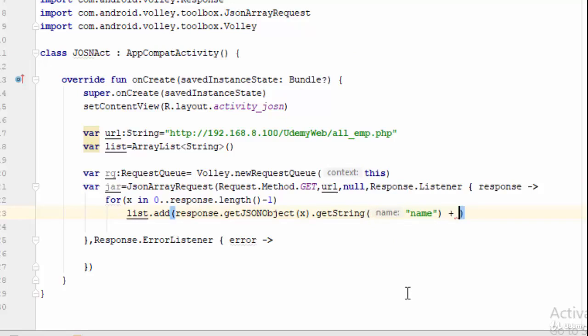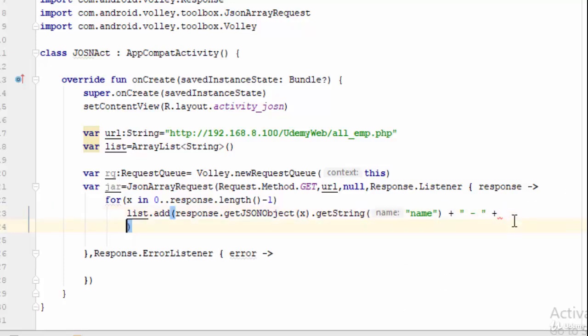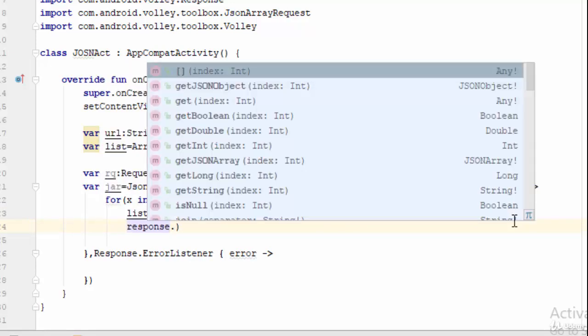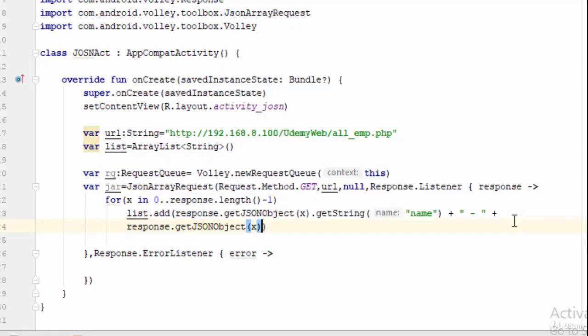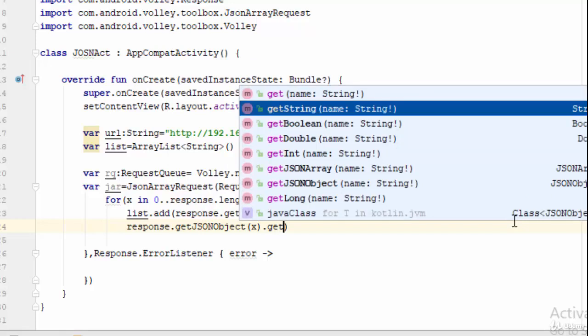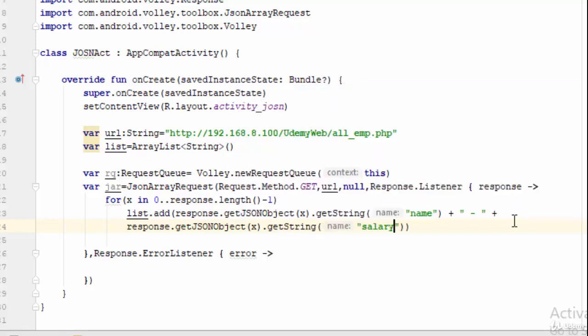Let's add another thing, plus something like a dash, any symbol to separate between the name and the salary, and we are going to add the same thing, which is response.getJSONObject(x).getString("salary"), which means go to the object and return the name, and here go to the object and return the salary. After all this,